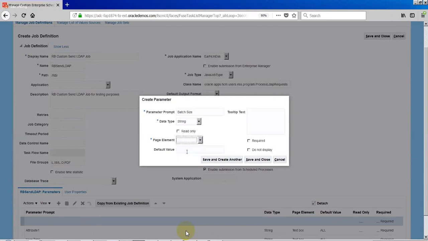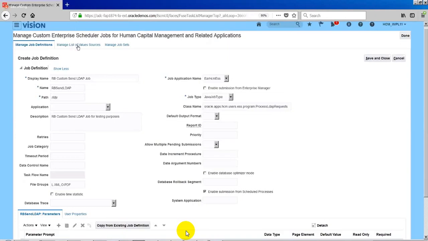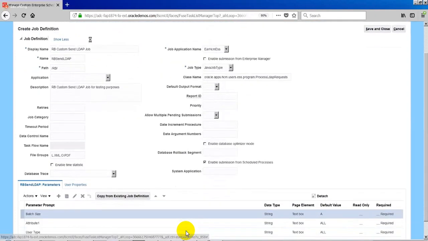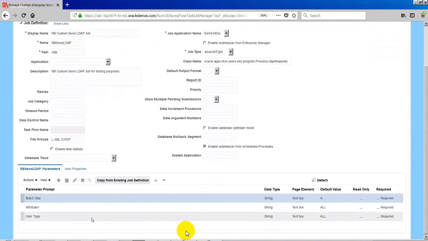There is no value set concept, right, Lakshmi? Yes, we have it. You can create a value set as well. We have a list of value sources. So here we have to define the list of values first, and then we can attach the list of values to the parameter here.